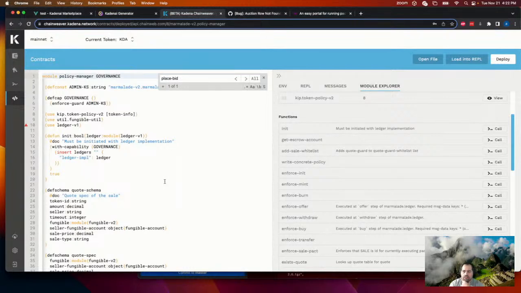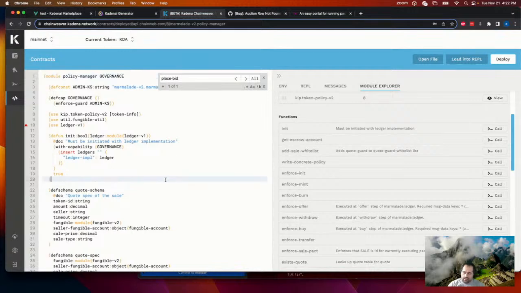No, I just wanted to test the built-in auctions, but I don't really want to get into this. When you're initiating all these contracts, so much has to happen, and I think there are commands in YAML that they run. This was kind of a later addition, so I'm wondering if it just got run at the time of testing on testnet, and I didn't even look at the YAML to see if it added this so that it could add a sale whitelist. So they just have to add it, and then I can use the